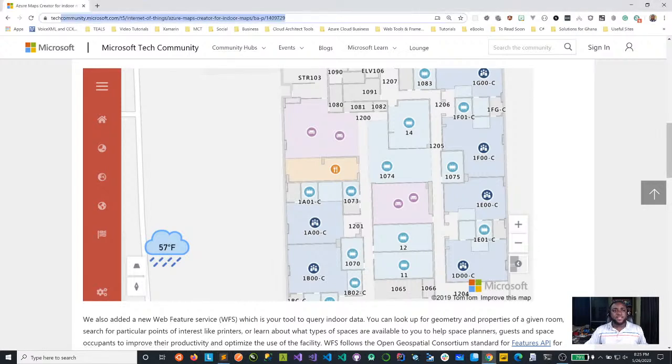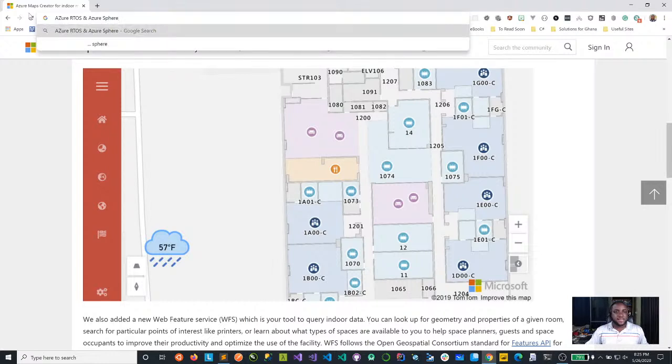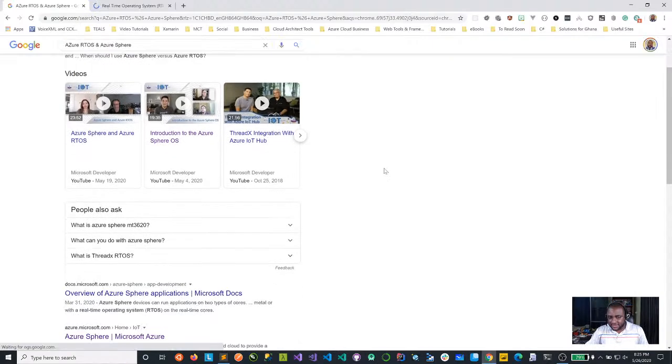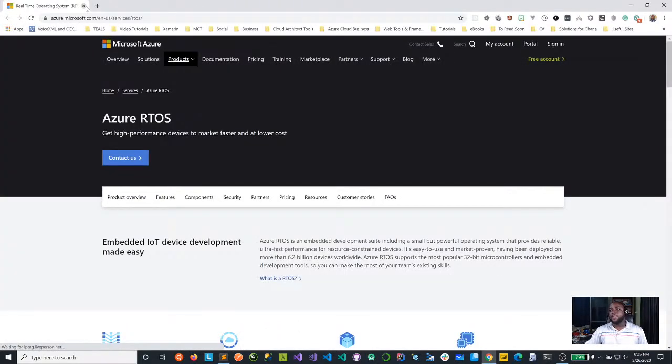And then the final thing for me is Azure RTOS and Azure Sphere. If you are not familiar with what a real-time operating system is, let me give you a simple overview. By default, microcontrollers and some of these boards are single-threaded. They don't know the concept of multi-threading, or doing multiple things at the same time. So responding to events is sometimes quite tricky. You would have to devise several ways to do this, or constantly monitor data coming in and respond by any of the methods we've seen in previous episodes.